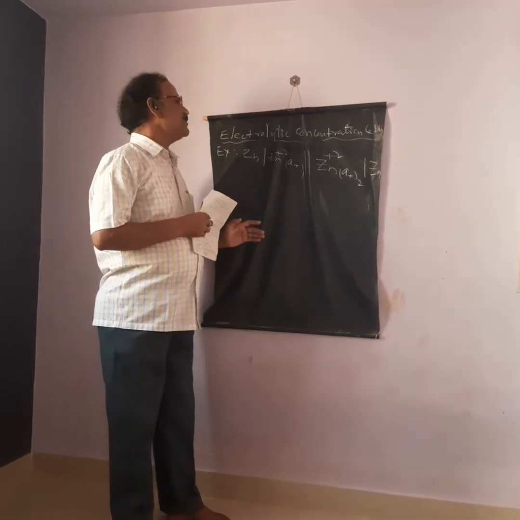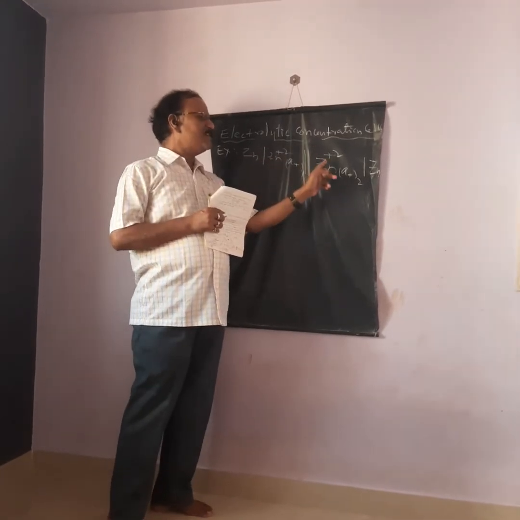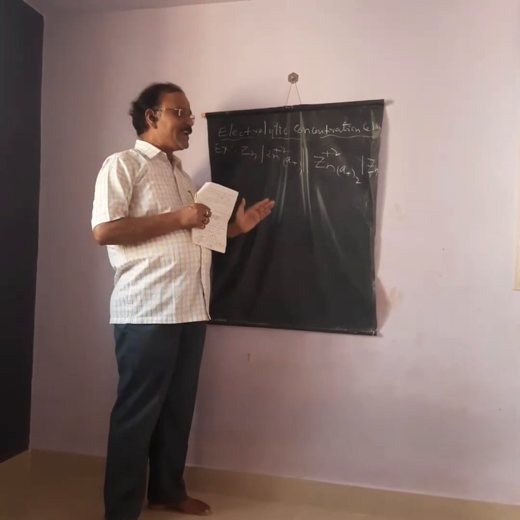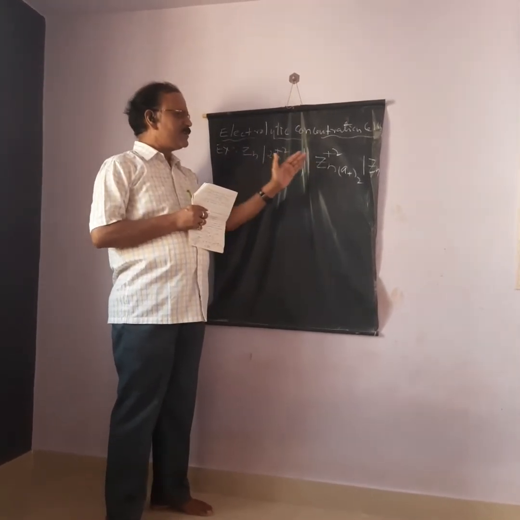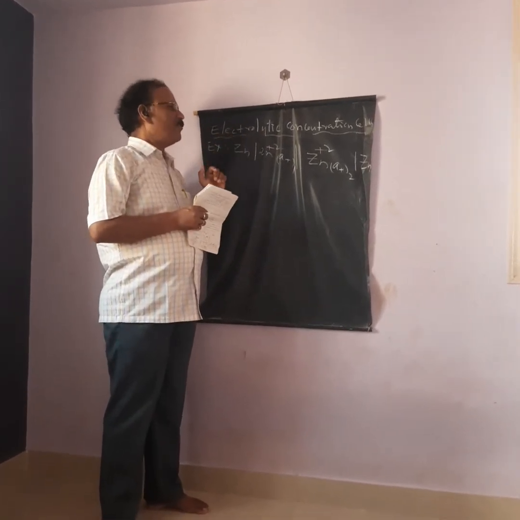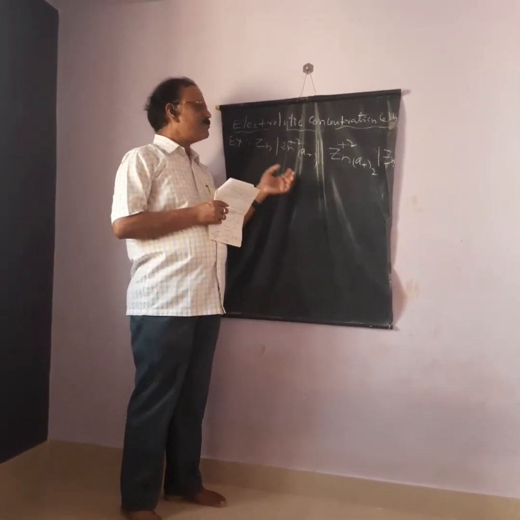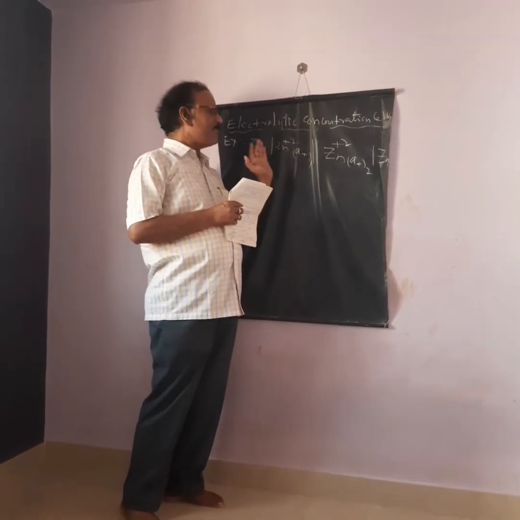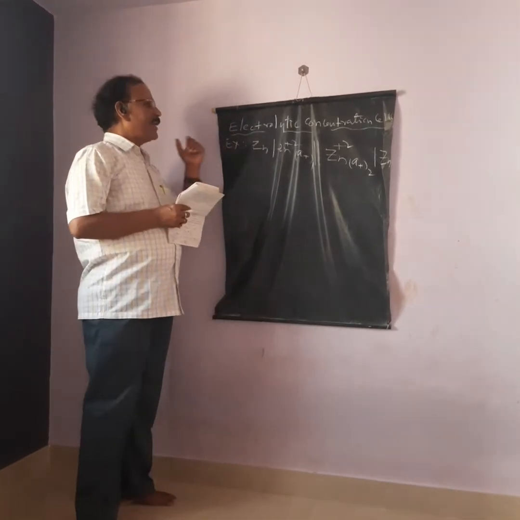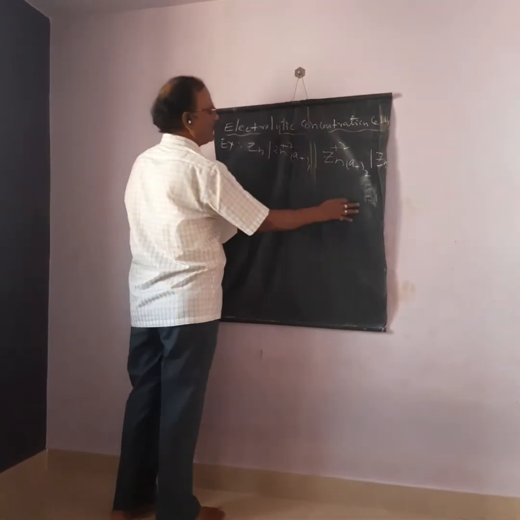The EMF arises because of transfer of zinc material from this side to this side or this side to this side. So that is a transfer of electrolytic material from one solution to the other. That is called an electrolytic concentration cell. The EMF of this concentration cell arises because of transfer of electrolytic material from one solution to the other. So it is an example of an electrolytic concentration cell. By seeing this figure, you already know how to draw it.